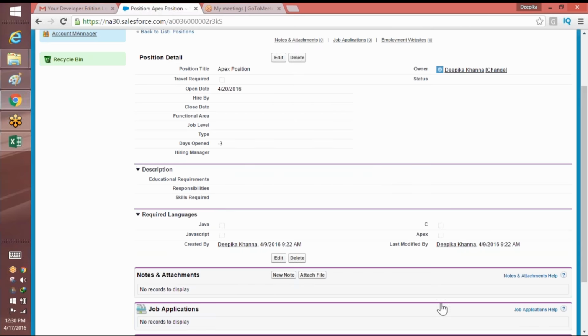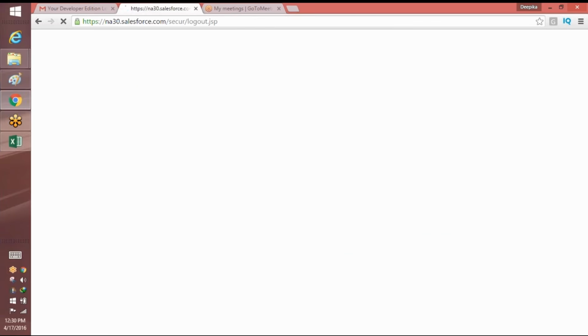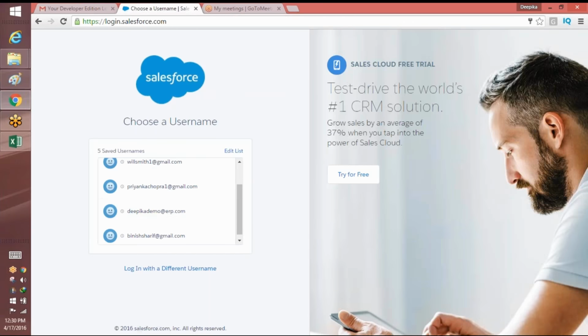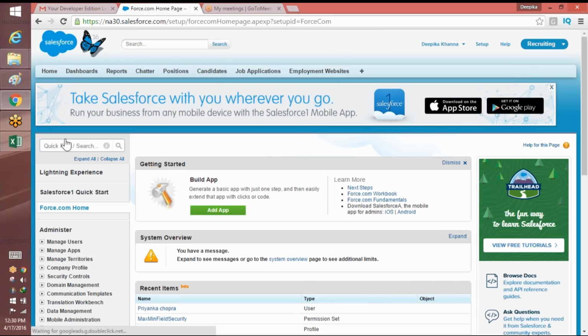Got it? He is still not able to see. Now if I want him to get the access, I need to give this permission set to Salman Khan as well. So what I'm going to do is log out and log in back again as